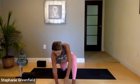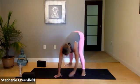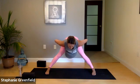And then tuck the back toes, lift that back knee and walk your hands over to the right, coming back into your wide-legged fold. So toes in, heels out again. This time bring your hands to your hips or to your waist. And with a long spine, inhale, come all the way high. And this time we'll take an arm